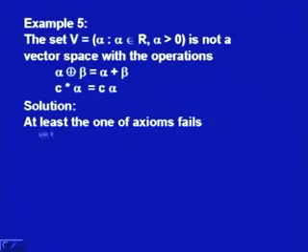to prove this, what we have to do is show that at least one of the axioms fails in this case. So we have to check all the axioms, and if there exists an axiom which is not satisfied, then we can say that this set is not a vector space. So we start with addition. So addition is closed